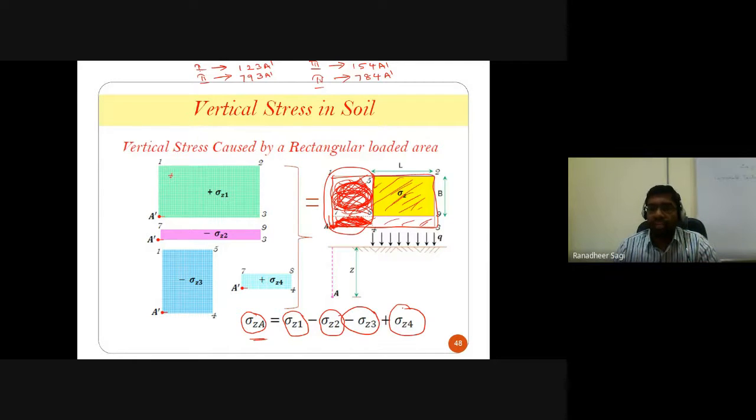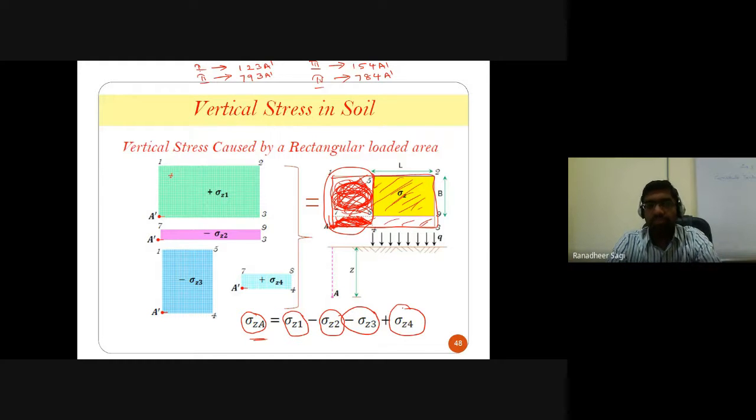So you have to be very careful. Whether you divide it or add it, ultimately the vertical stress you calculate at any point below the ground surface should be only due to the given original loaded region. That's what you should have in your mind. Anything extra that you have considered, you have to subtract that effect. Anything that you are subtracting, accordingly you have to add, so that the complete effect is only due to the original loading condition represented on that particular ground.